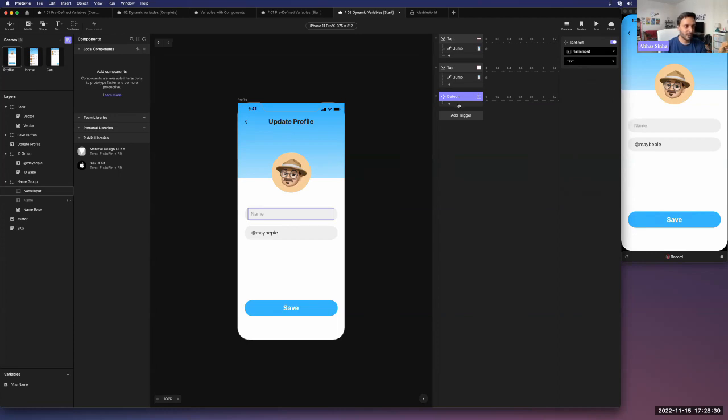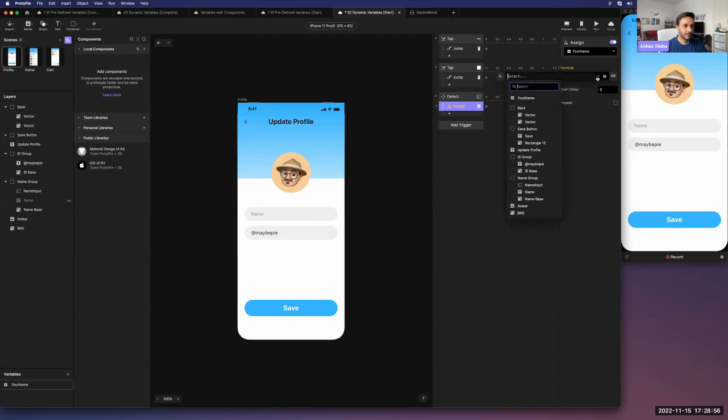Now, the first thing that we want to do is update our variable with whatever is being typed. So I'm going to press the plus for a response, and I'm going to add assign. Remember, we spoke about how you can assign a value to a variable by using the assign response. So this is what we're doing. The variable that we want to assign it to is your name. And the formula is just going to be, I'm going to go into the formula bar, and I'm going to say plus,